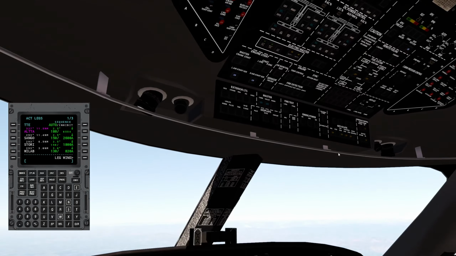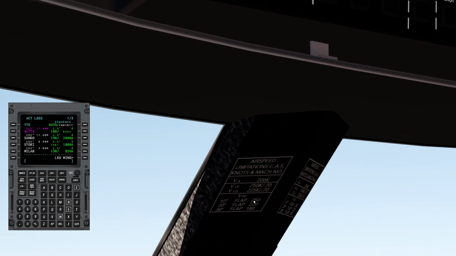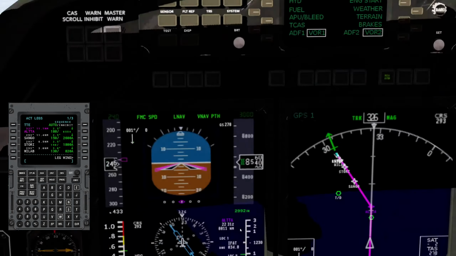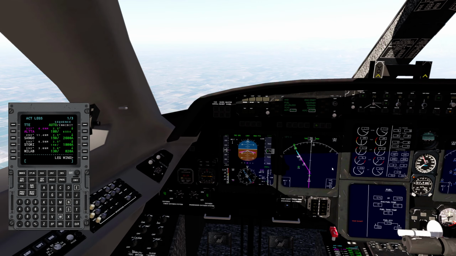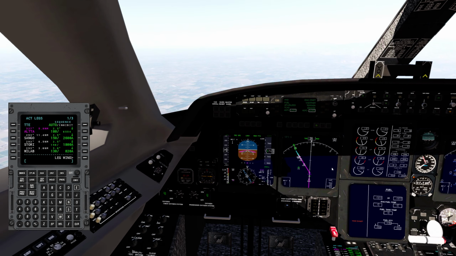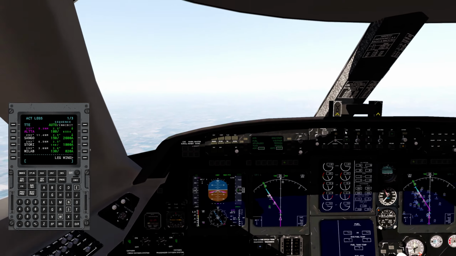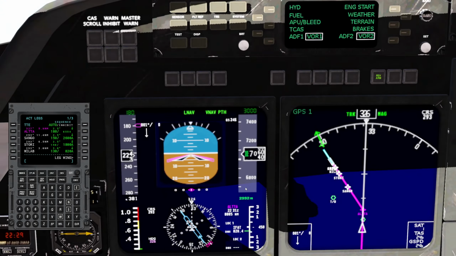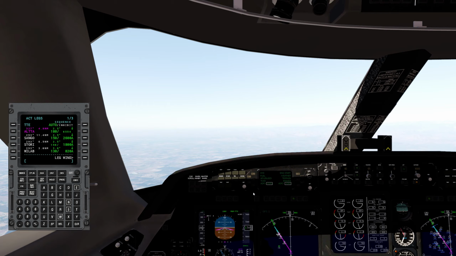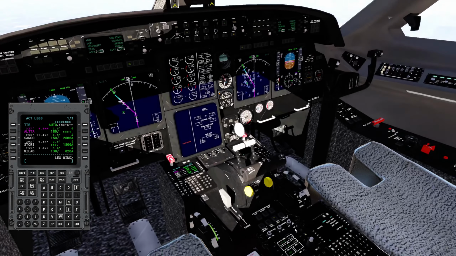As we get below 250 knots, I'm going to lower my flaps to 10 degrees, and that'll help me manage my speed. As we get closer to the next waypoint, you'll see the speed limit tick down on the auto throttle to 180. And there it goes. And as we get down to 220, I will put the flaps down to 20 degrees. And there we go.